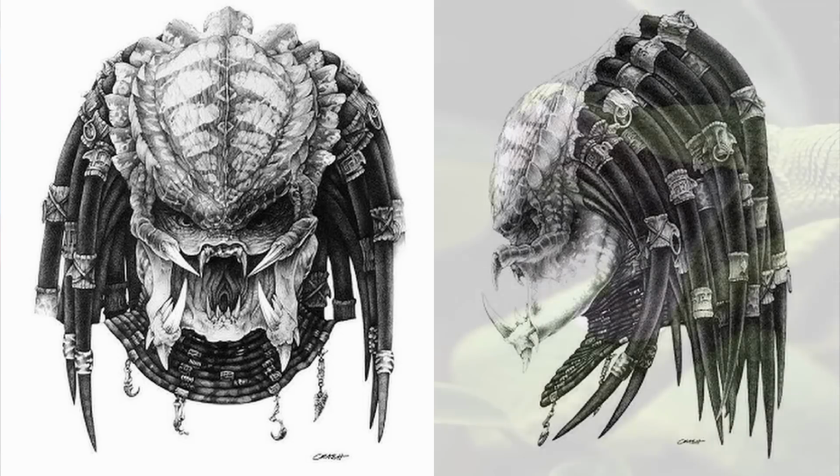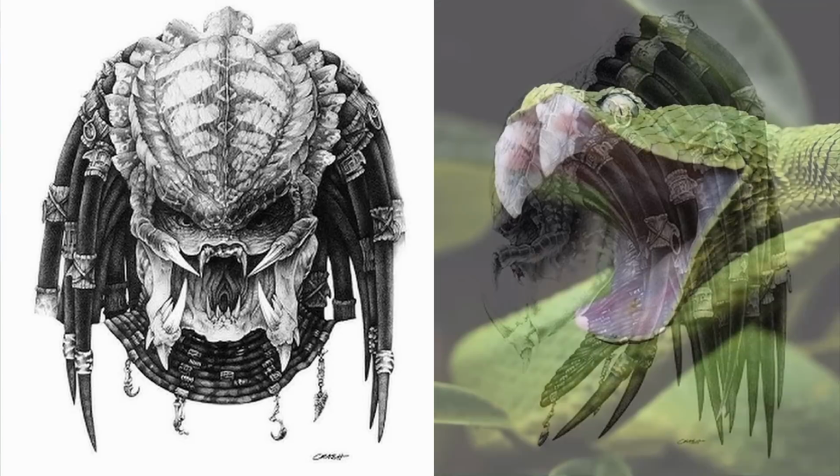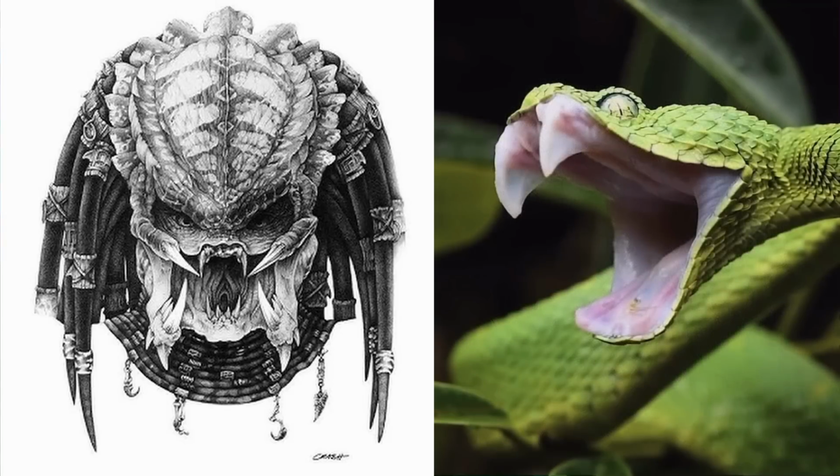Yeah, you'll notice that snakes tend to have this thing where their jaw can, it's not dislocating, but it's like... It does dislocate. It does. Does it actually? Yeah. Oh, I used to have a snake. I'd watch it go like...